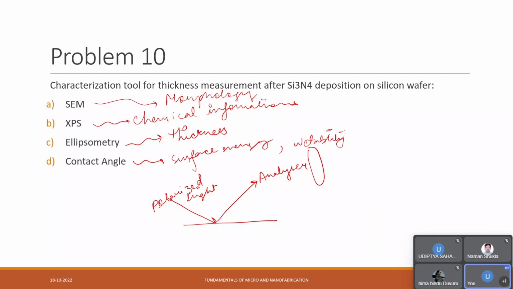Depending on how this is forming, and they have modeling software, they usually tell what the thickness is. So it's kind of an indirect measurement. That's how it works. Depending on the models, it can tell the thickness of the deposited layer. So essentially whatever you are telling is